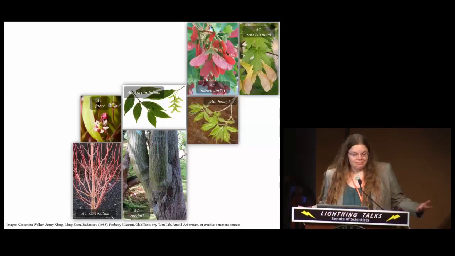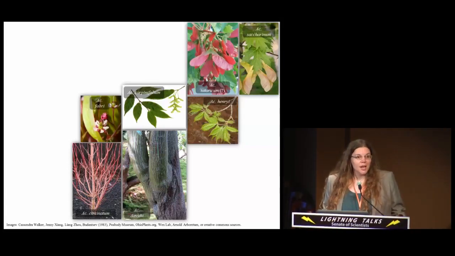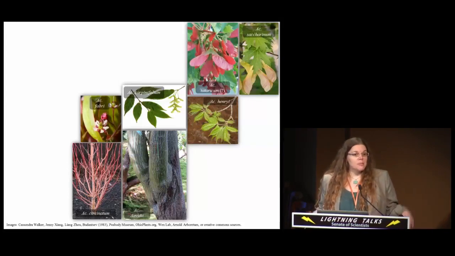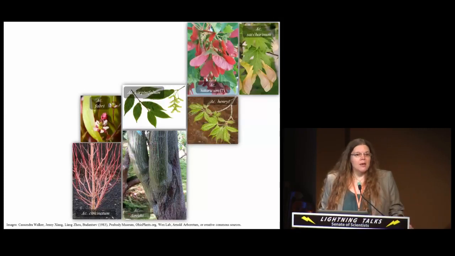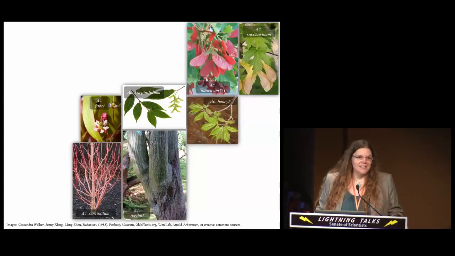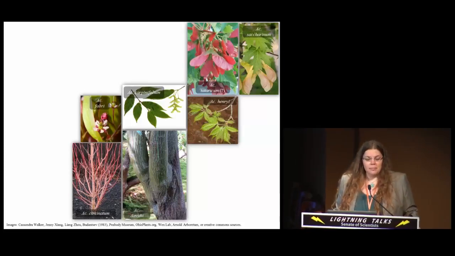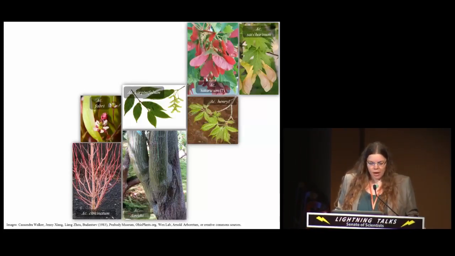So what I really like about working on maples is their diversity. It's the thing that gets me excited about them and gets me up every day. Some of you have probably experienced some of the diversity of maples. They are very prevalent right now because their leaves are changing beautiful colors. Maples are diverse in terms of their bark. You can see here green bark and